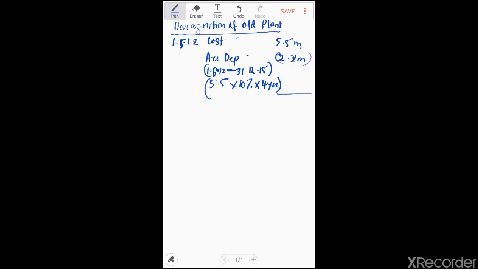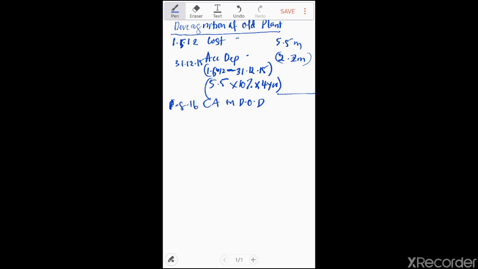So if you deduct this, it gives you the carrying amount. Carrying amount on the date of disposal. On the date of disposal. And this is carrying amount on 1st of August